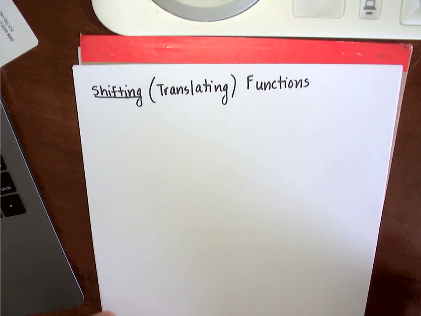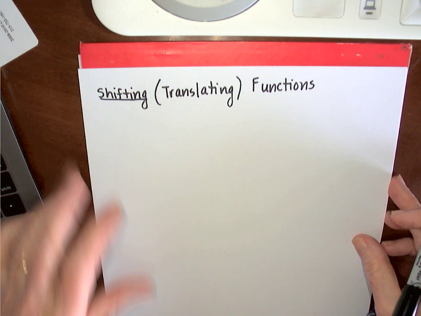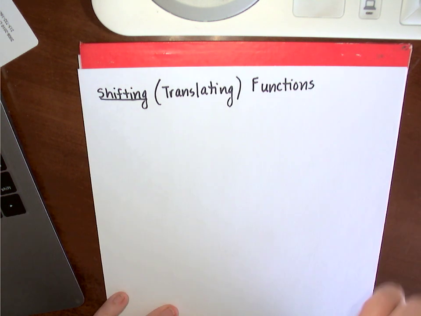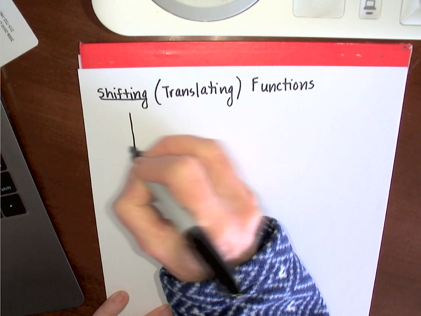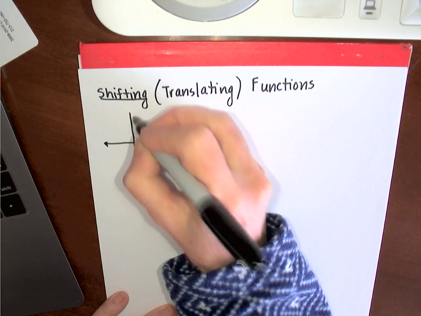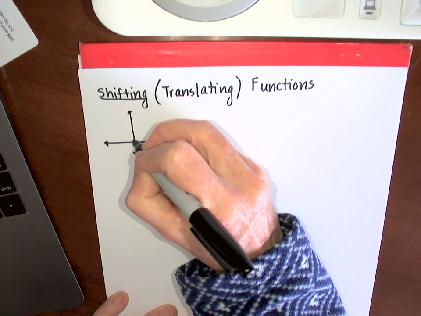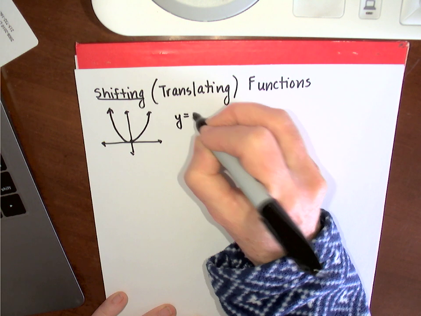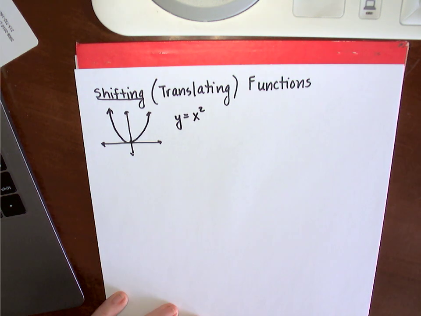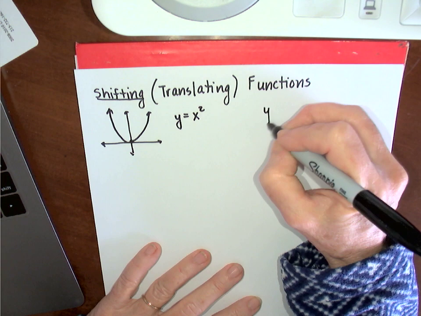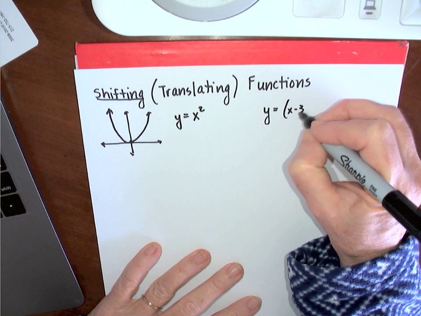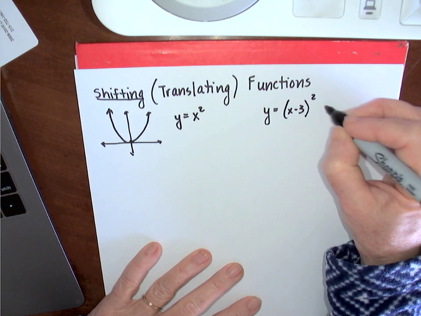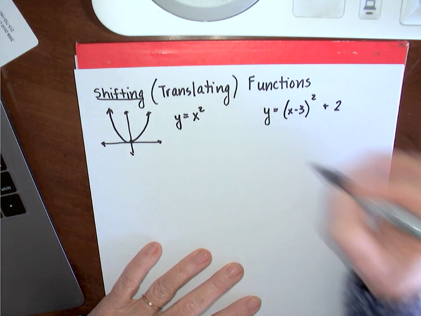So when we translate functions, especially rational functions, we do exactly the same thing we do with any function. So we're going to do a little bit of review here. Here is the graph of y is equal to x squared. And we could change that. If you had the graph of y is equal to (x minus 3) squared plus 2, we know that the